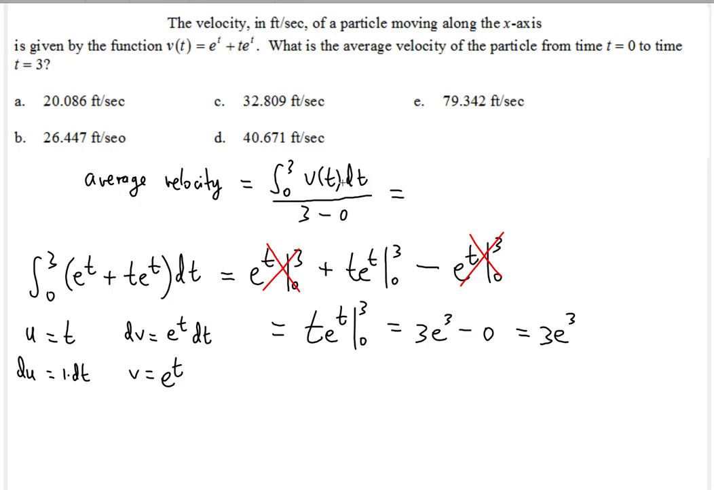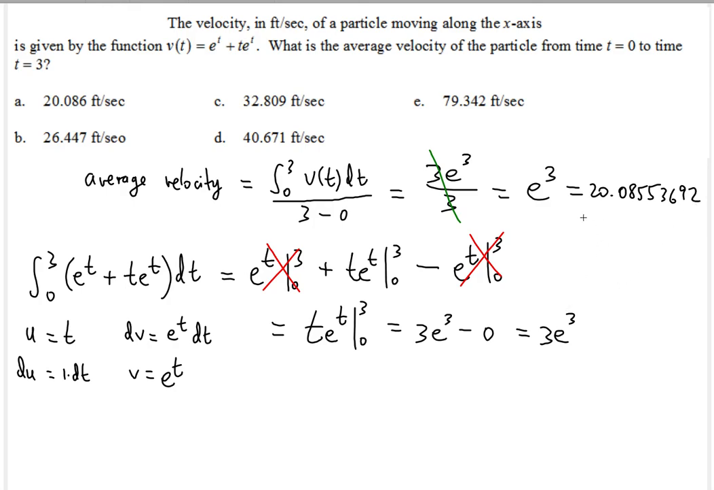So that is your numerator required for the average velocity. So that's going to be 3e to the third divided by 3, essentially. So the 3's go away, so you get e to the third. Now e to the third should give you 20.0855